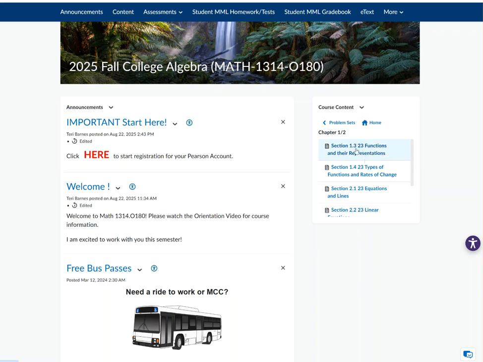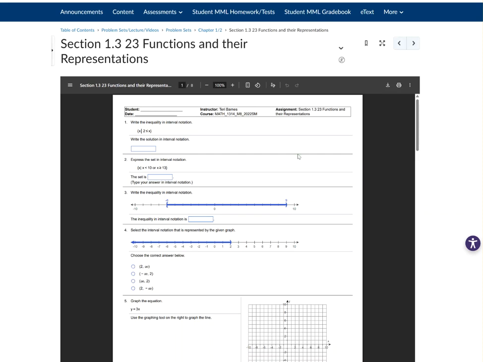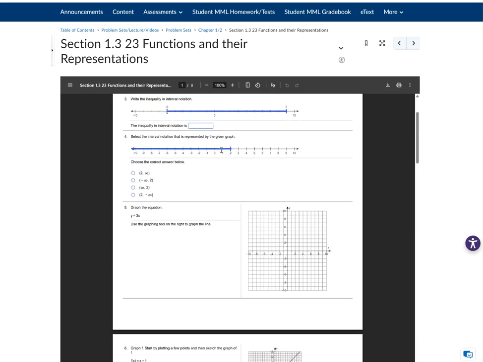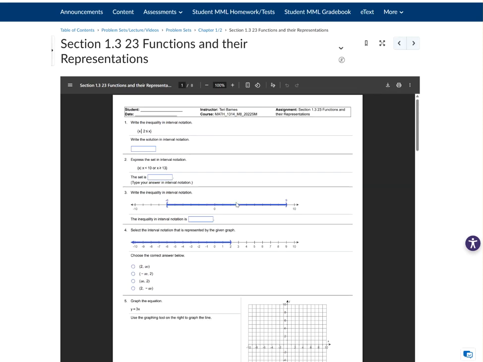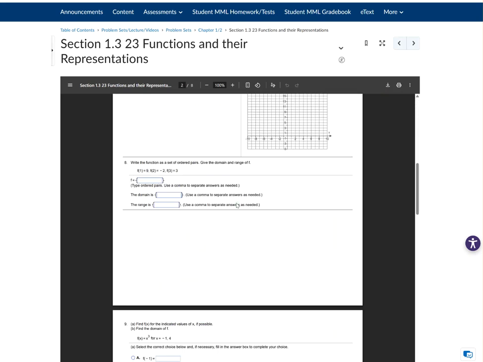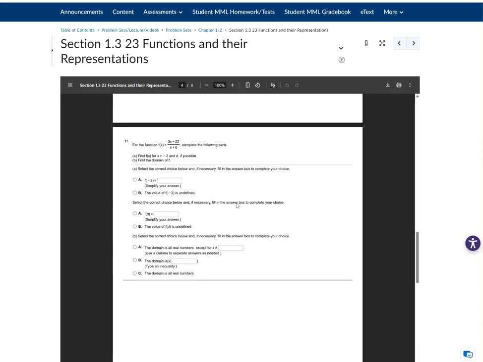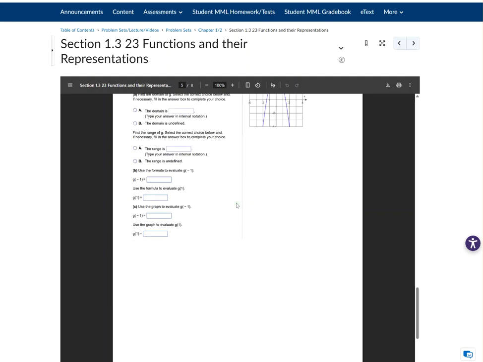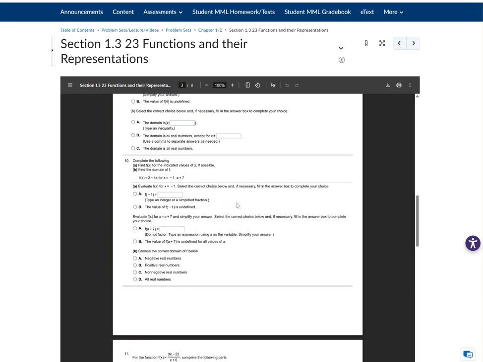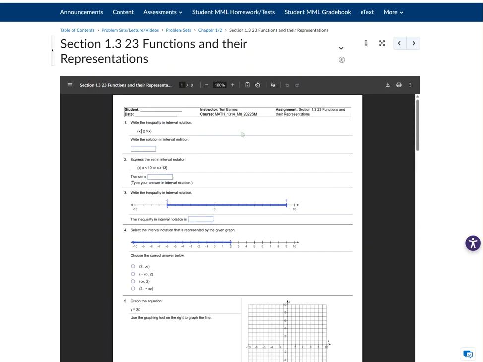So here's the first one. If we click that, you get a worksheet. You could print it, you could practice it, try it, but you may not know what you're doing here, and you note there are 12 questions. All right, so let's go back and see about the lecture notes that go with it.